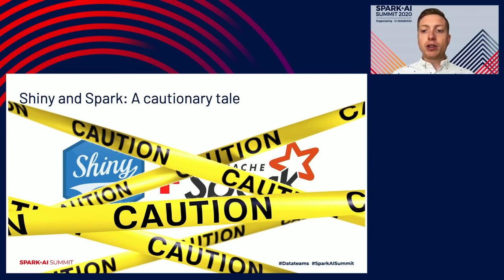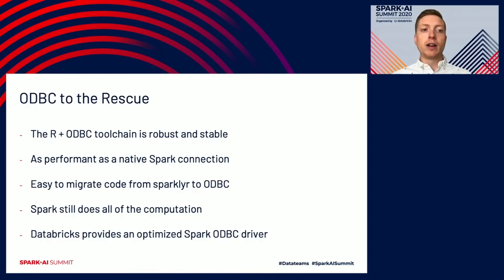And we're happy to report that there's actually another alternative here that's really quite easy to implement, and that is using ODBC as an interface to Spark. So Databricks provides an ODBC driver to customers, a Spark ODBC driver, and this ODBC driver can be used in connection with the robust tools that already exist in R around ODBC connections. There's been a lot of work done in the past couple of years to make connecting from R to external data resources via ODBC very robust, very stable, and those tools can be used to create a connection to Spark